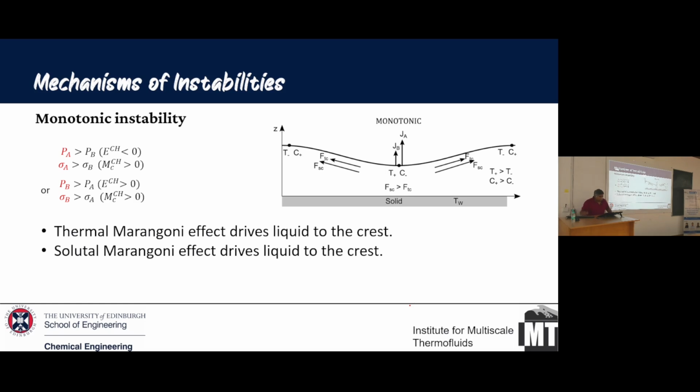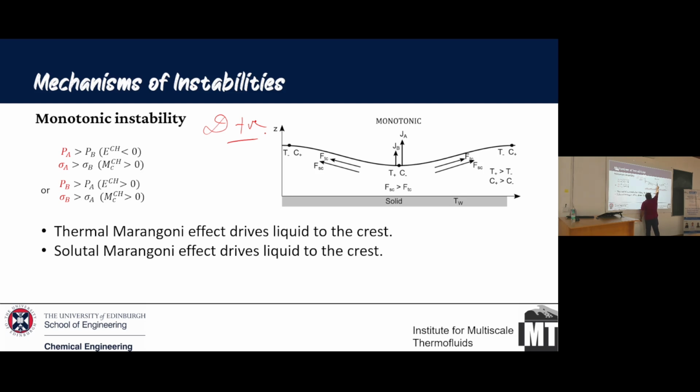Okay? So what we can do is look at these instabilities very carefully. This is the monotonic instability, when the determinant was positive. So when the determinant was positive, this was a case where you've got the pool of liquid. In these cases, both the solutal as well as thermal Marangoni are collaborating with each other. They are in the same direction. They are pulling, so you can see that everything is pulled away from the crest. Okay? So in this case,